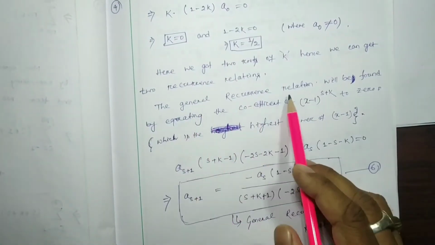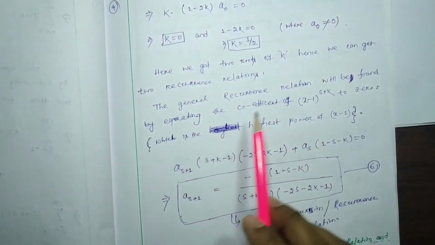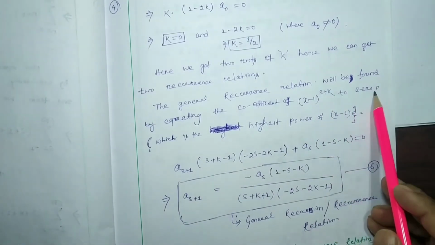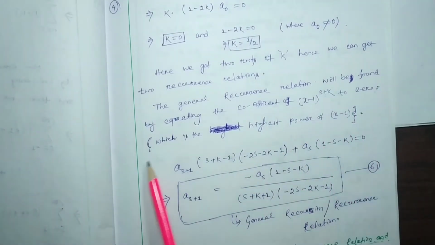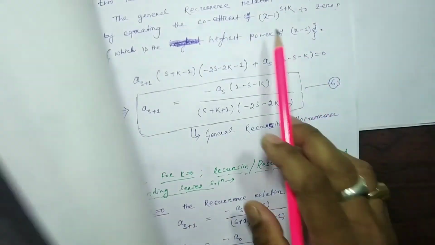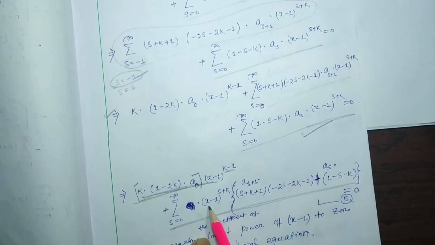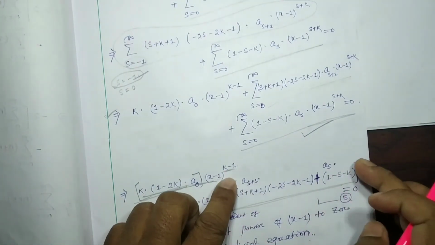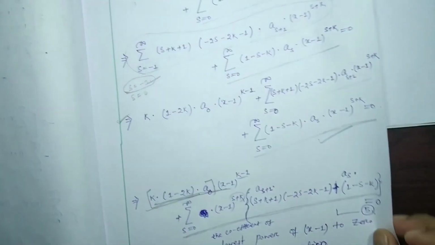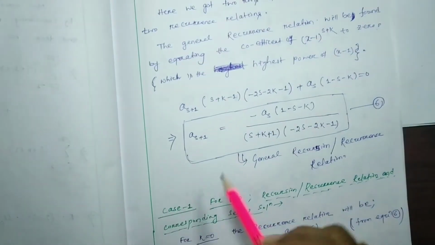The general recurrence relation will be found by equating the coefficient of (x-1)^(s+k) to 0. That means the highest power of (x-1) is s+k, and its coefficient is this much. Whenever we equate this coefficient to 0, we get the general recurrence or recursion relation. So that will be